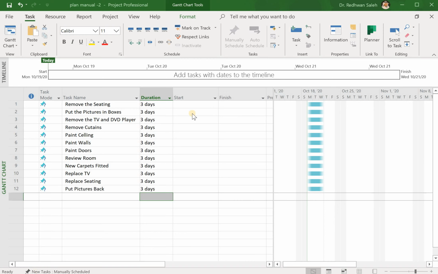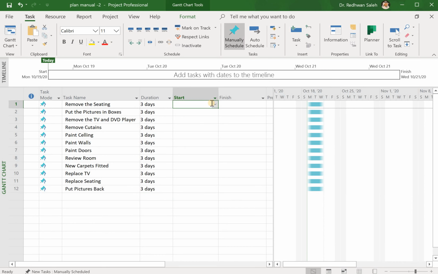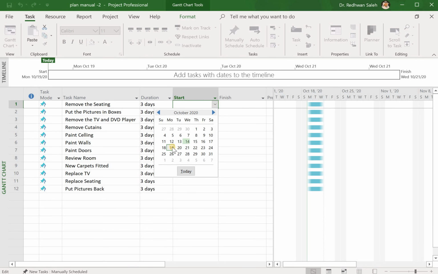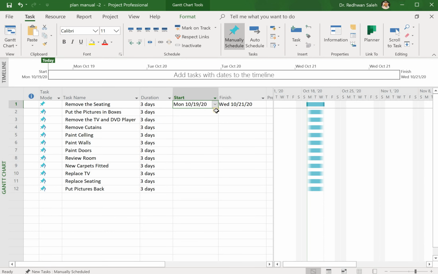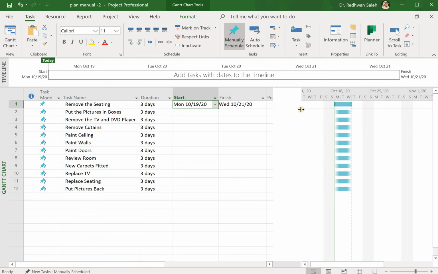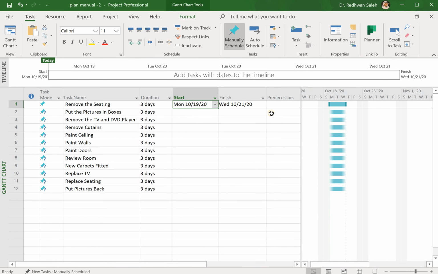Okay, I would like to put the starting day as of today. So today is 19th of October. So this is my starting day. If we see the predecessor, which will link the activities to each other, I don't have to type all the days here all the way down. When I put the predecessor, the days will automatically show up due to which activities are linked